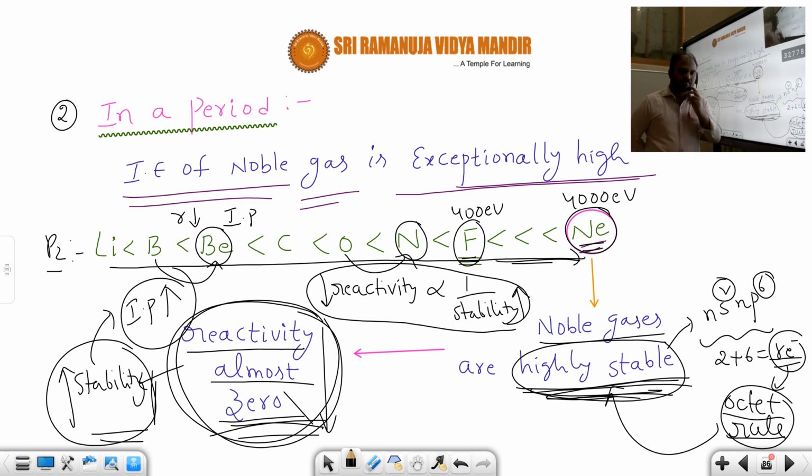So students, I hope you are very clear on this concept regarding the factors influencing ionization potential values, as well as which exceptions are present in IP values. Tomorrow we will discuss the remaining exceptions in the case of ionization potential. So thank you for bearing with me. Today's session is over. In the next session I will explain the remaining exceptions present in the IP values. Okay students, bye.